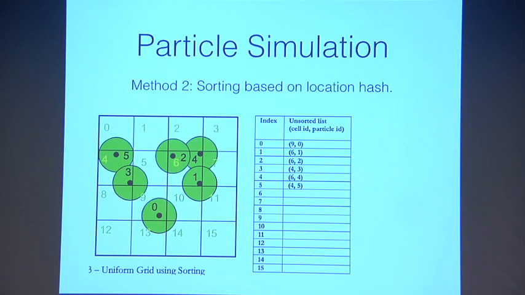That's not the technique they actually use because it requires a fixed amount of storage per grid cell, and it's kind of expensive, and a lot of it's wasted memory because there aren't going to be that many objects in a lot of cases. So method 2 is this cool sorting and change point detection. So they start off with the index of the particle and its cell ID, and then its original particle ID.